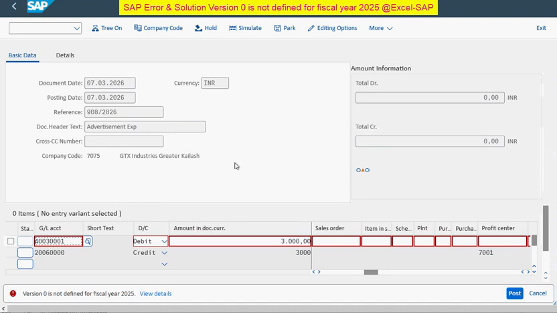Here you can see I am trying to post one accounting document for my newly configured company code 7075 and I am getting one error related to version 0 is not defined for the fiscal year 2025. So I'll rectify this error here. Click on view details,